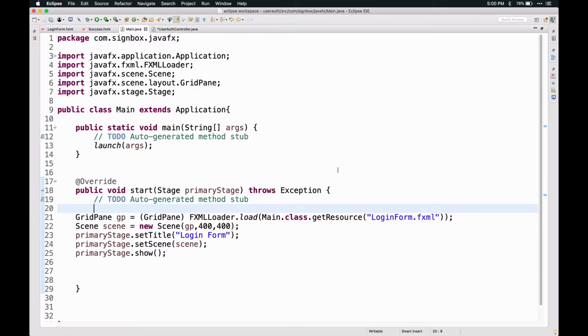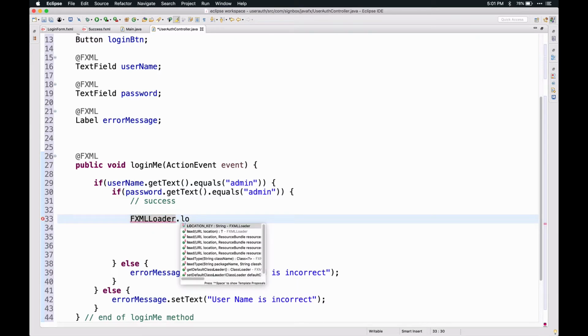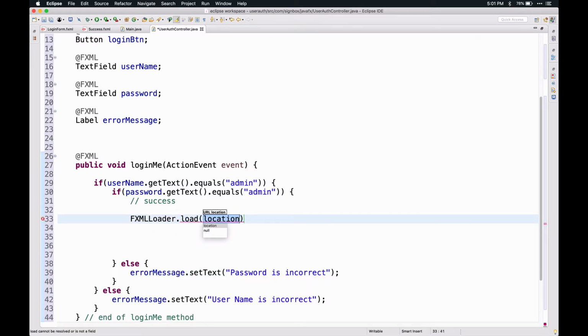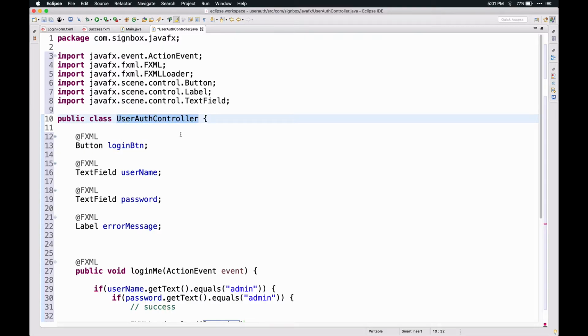After submitting the login form, we need to add a new scene to the same window so that the user will get a success message. So for this, I need to get an FXMLLoader. I need to load the same success scene